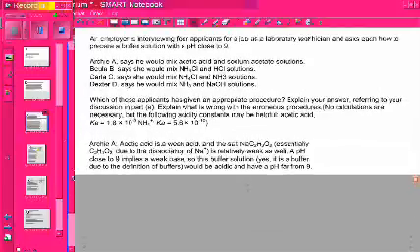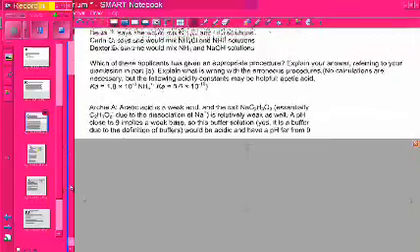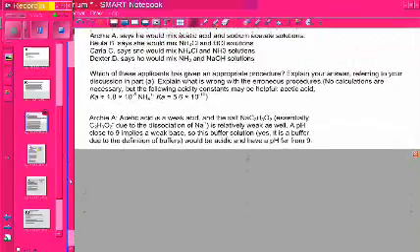Let's start with Archie A. Archie A says that he would mix acetic acid and sodium acetate solution. Acetic acid is a weak acid, and the salt NaC2H3O2, essentially C2H3O2- because of the dissociation of Na+, is relatively weak as well. A pH close to 9 implies a weak base, so this buffer solution, because yes, it is a buffer, would be acidic and have a pH far from